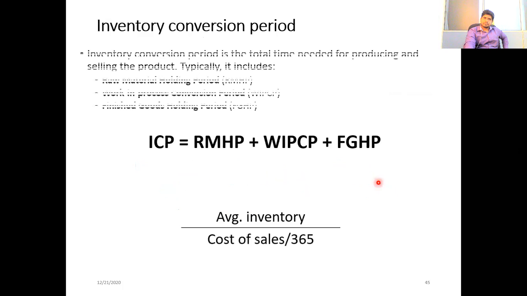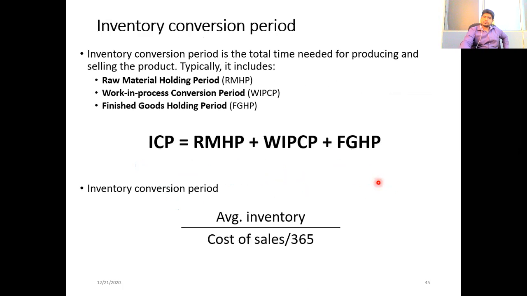And here is the inventory conversion period. Inventory conversion period is the total time needed for producing and selling the product. So therefore, as I told you earlier, it takes three stages: raw material holding period, work in progress conversion period,